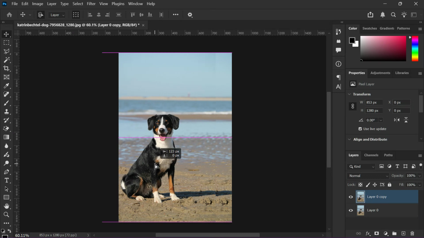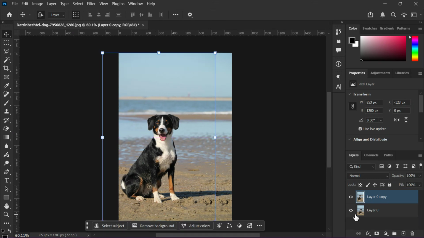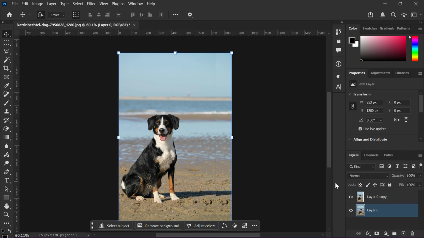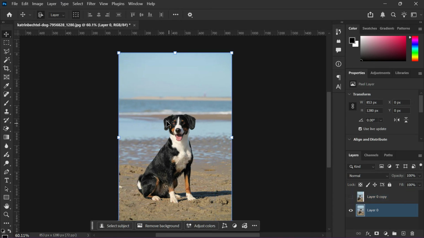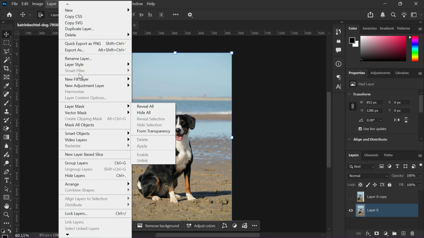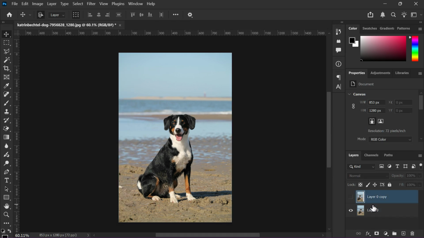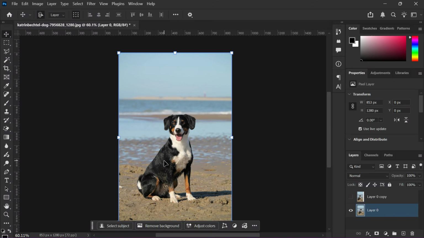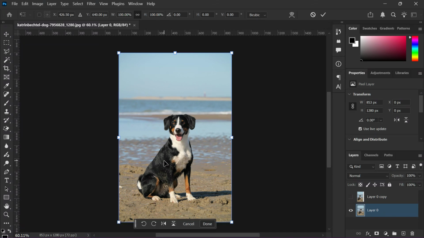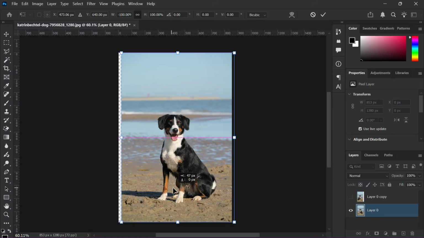Now, step 2. What if you only want to flip a specific object or a single graphic element within your project? This is where layer-based mirroring comes in. First, go over to your Layers panel on the right and make sure you have the specific layer you want to work on selected. Once selected, use the shortcut Ctrl+T on Windows or Command+T on Mac to open the Free